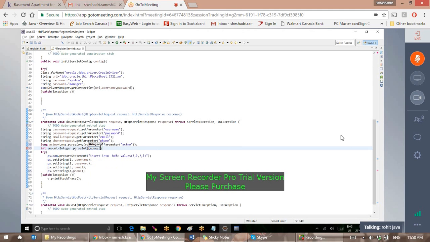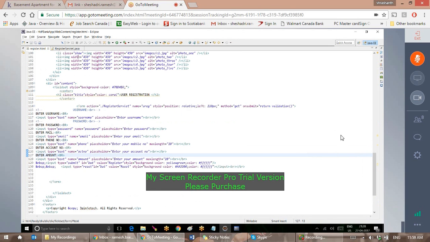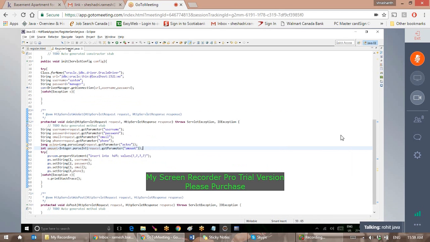You can say again request dot get parameter of amount. Is it the same names you have used in the register.html? Just confirm that once. Account number and amount have been given, and based on that amount,